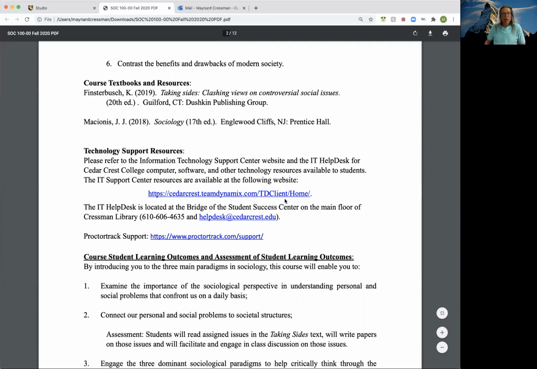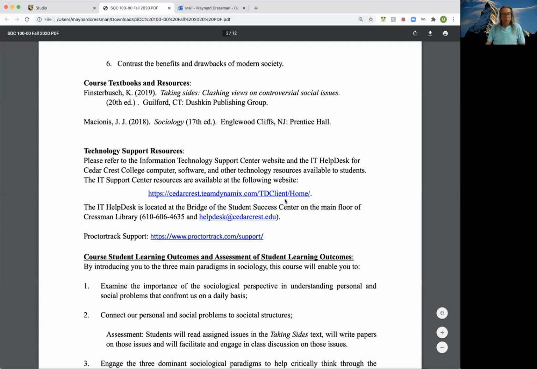For example, in previous editions of Taking Sides, there are a couple of articles, issues that you must read about and write that aren't in the previous edition. Likewise, the exams are all based on the 17th edition of sociology. You want to come in with a 14th edition? May God have mercy on your soul when you take the exams. So don't cheap it, just rent them. Get them somehow, borrow, don't steal, beg, get the correct editions of the books.